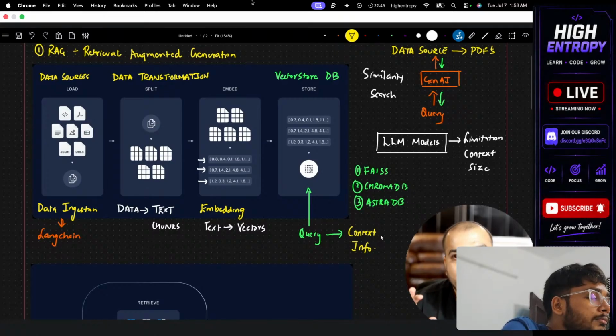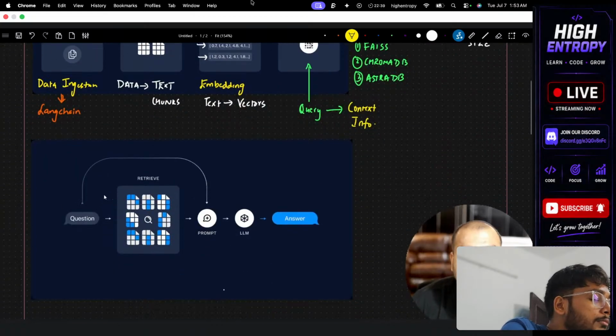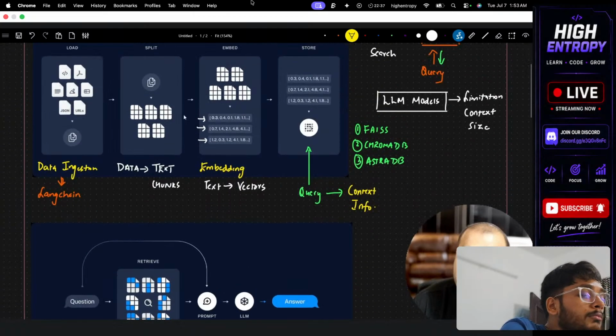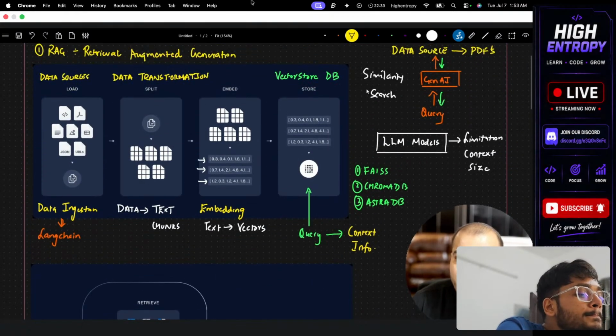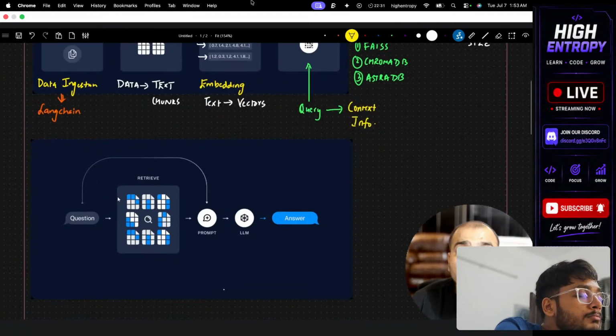Now, once I save this entirely into the vector store DB, we go to the second most important step. You can consider that this is my second module. This is my first module. In the first module, you have these four steps, and in the second module, you have some more steps. Now while we are working with the vector store DB, in the second module,